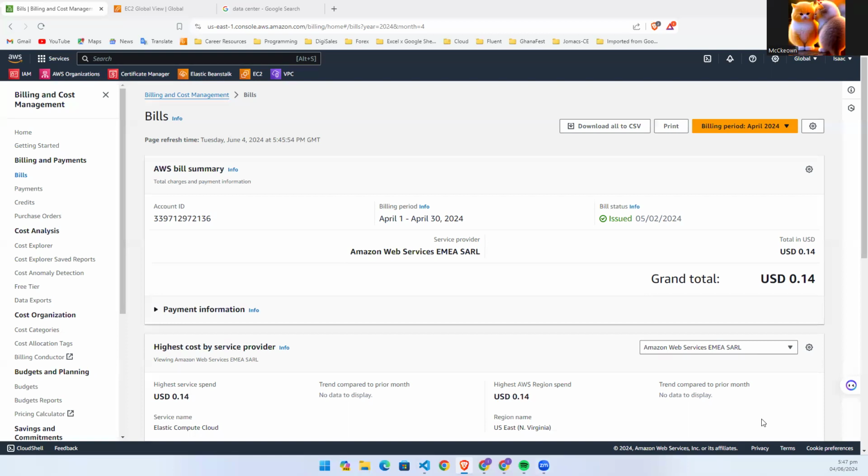As you can see here, I've paid some bills. That was for April, and this bill was charged at the end of the month. So I am charged based on my usage. Everything that I use will be aggregated, and at the end of the month, I get to pay. So even if I want to set up a whole data center,